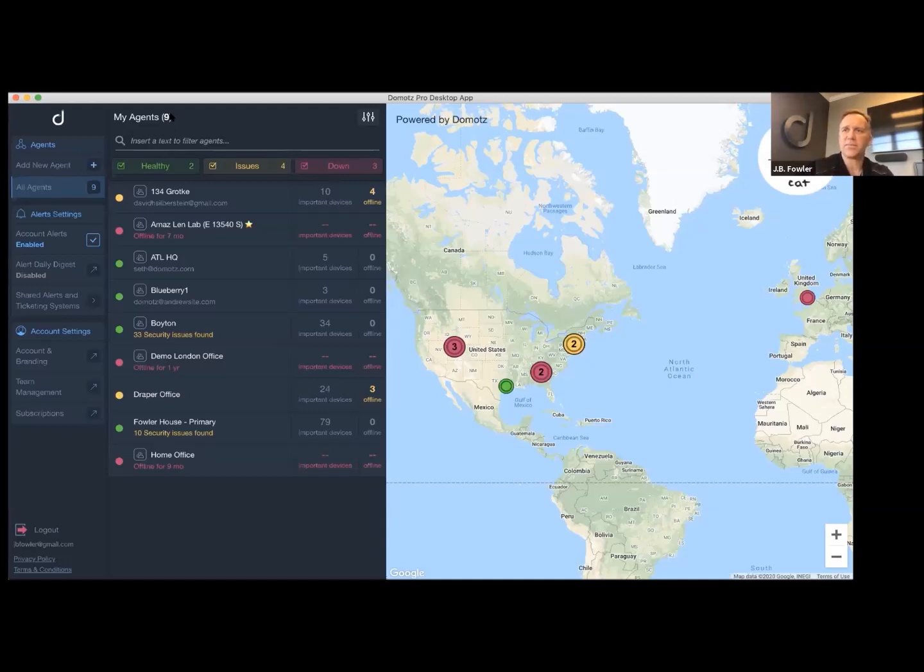There's a practical limitation though that I want to talk about, and that has to do with how we scan the networks. I mentioned Fing before and what we do. We artificially limit our network agents to a /22 CIDR. That gives you 1,024 devices per VLAN that you can monitor. The reason is that when we issue an ARP request to figure out who's online, come back and talk to me, send me back your information,